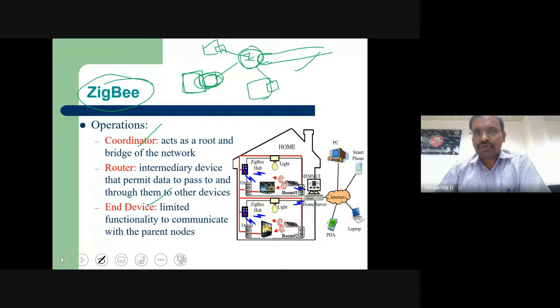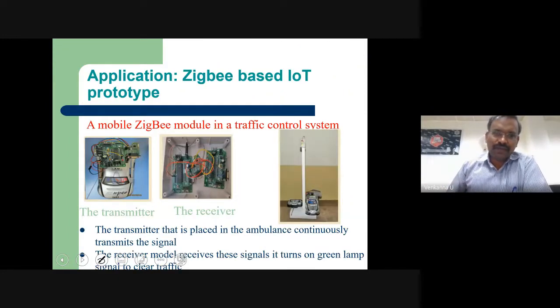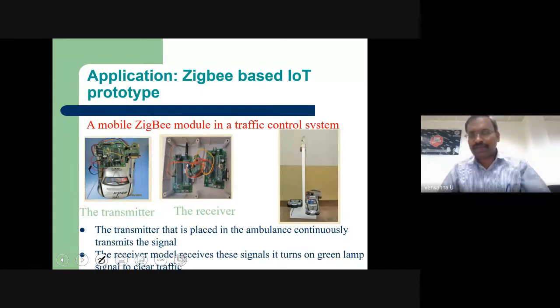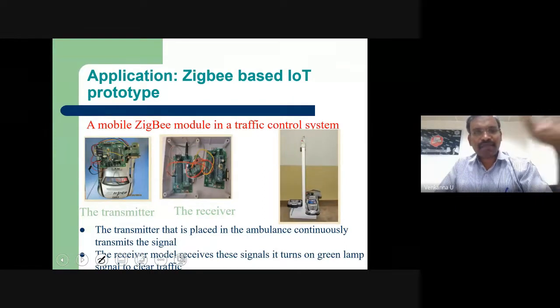Now you are going to form a Zigbee network so that the communication goes from the central node, and you can push it to the internet, from there to the cloud, from there to a mobile application. See, this is also a very interesting application I have seen. That's why I am trying to explain each and every communication protocol with one application which somebody developed.